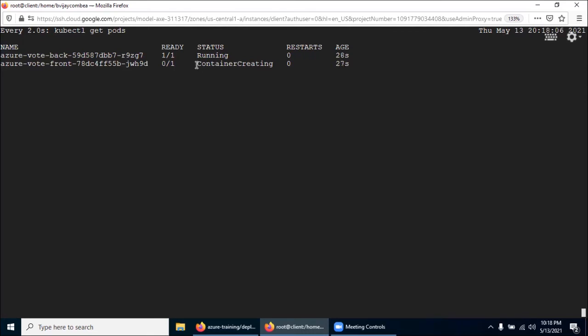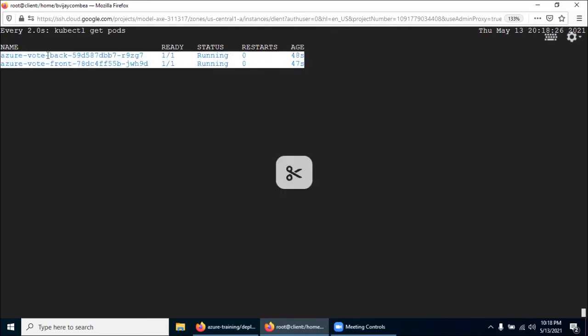The status should be running. This is the back end, and this is the front end UI. The sample application will have two containers, front end and back end. This gets deployed on top of the Azure Kubernetes cluster. Now both are running.